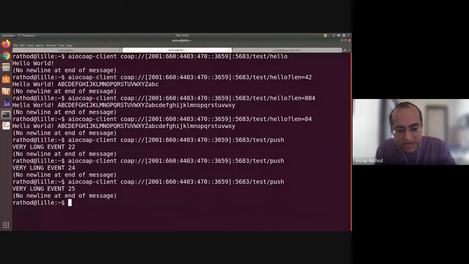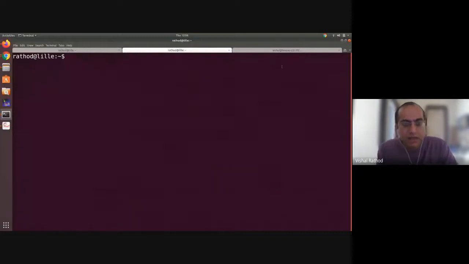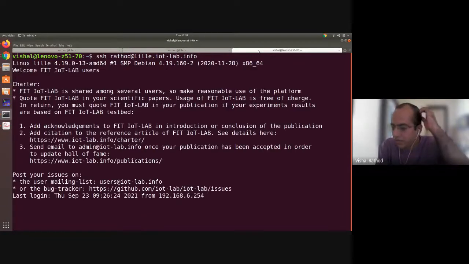So this is the client examples, right, by default. And suppose you want to analyze, how can you analyze the things? Communication is done, but how can you analyze the things? So one of the ways is through sniffer aggregator.